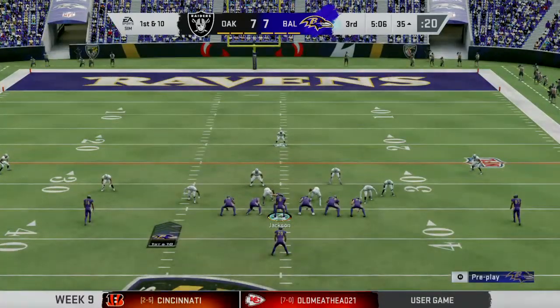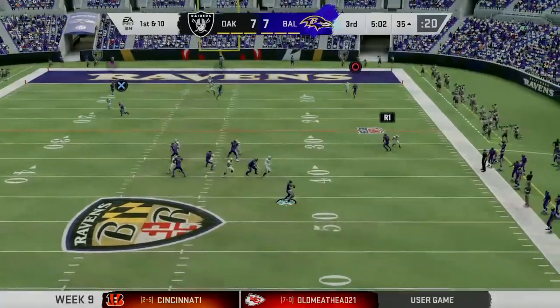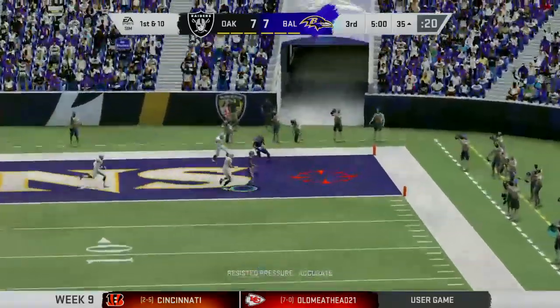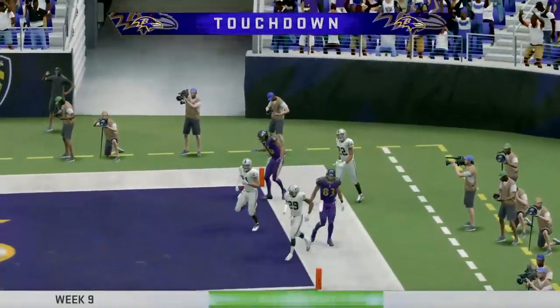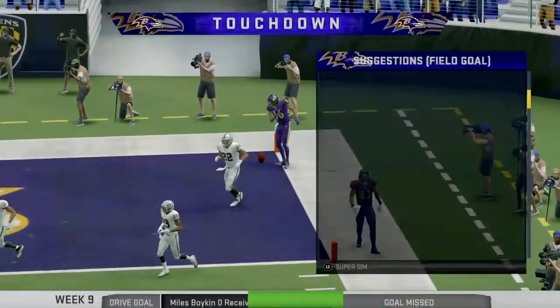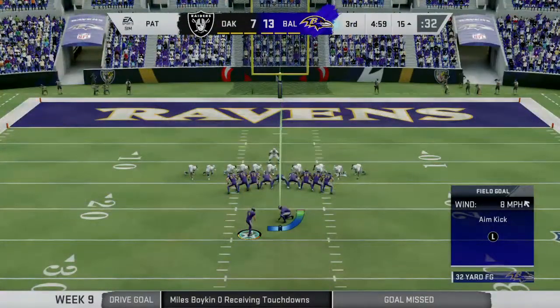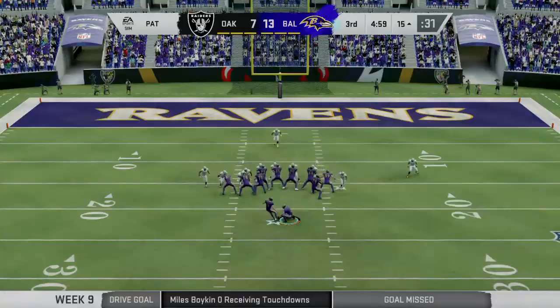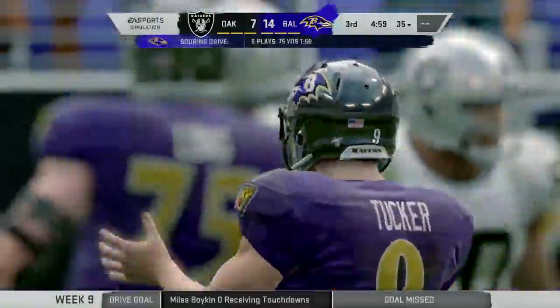Ball up to the 35 now as they come up on 1st and 10. Now it's Jackson. He'll take a shot for the end zone. Got a man, it's caught for a Ravens touchdown. Kiki QT, his first touchdown on the year. And the Ravens have taken the lead. Tucker with the extra point, and that makes the score